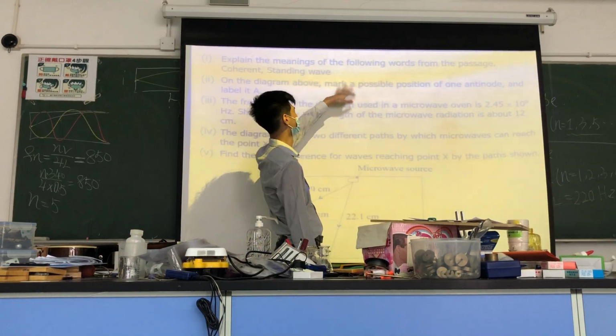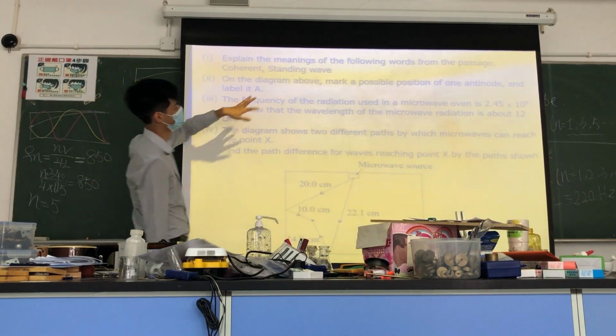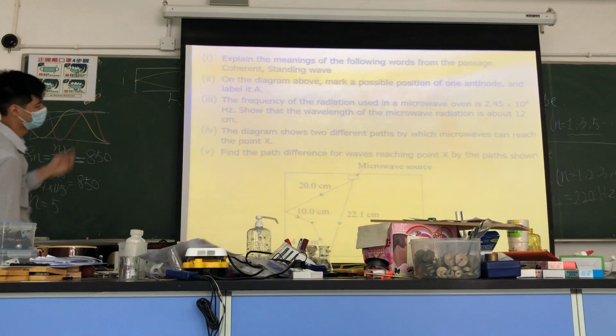Okay, so on the diagram above, mark a possible position of an antenna and label it